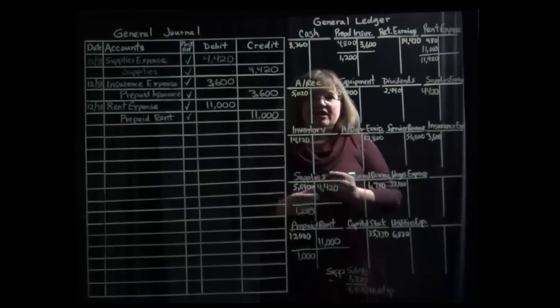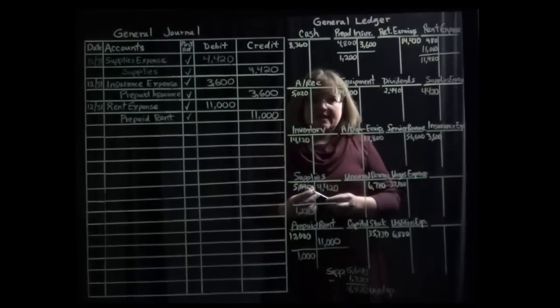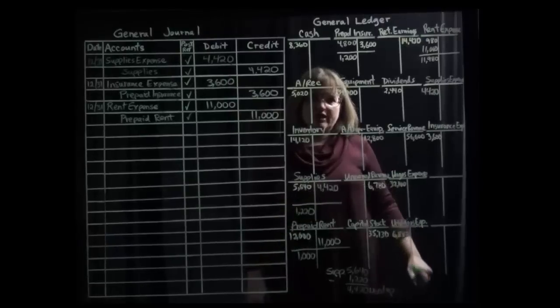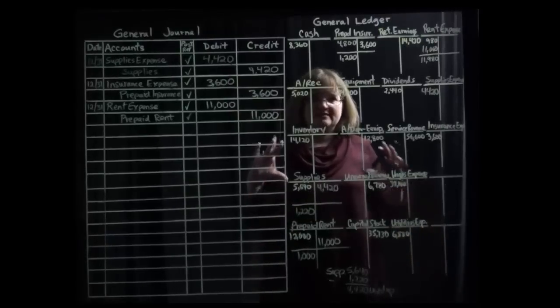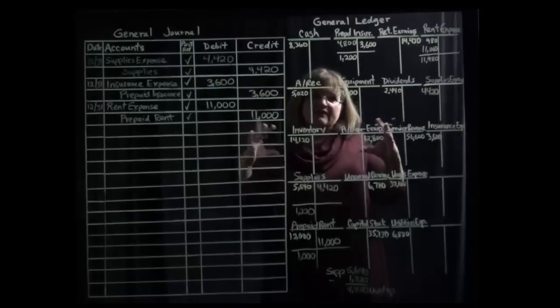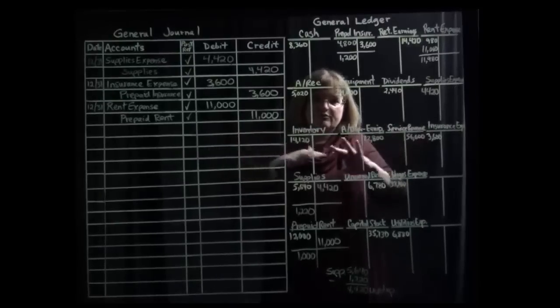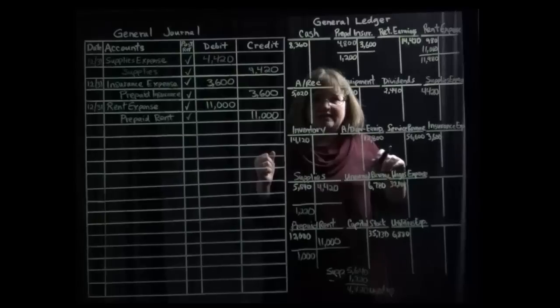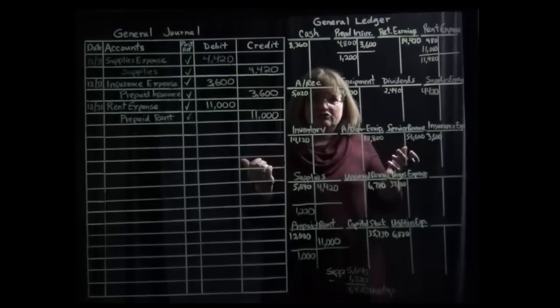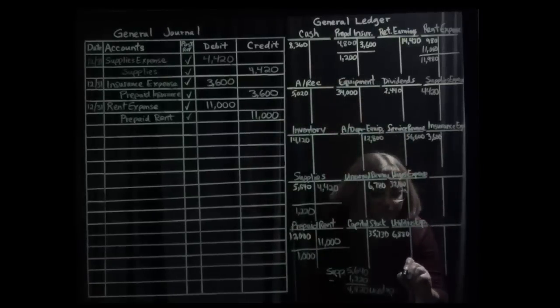Okay, next you're given information about your equipment and the depreciation method that the company uses. It says the company uses straight line depreciation, which means it takes the depreciable cost and divides it evenly across the asset's life. It tells us the equipment has a life of 5 years, and so we're going to take that $34,000 cost of the equipment